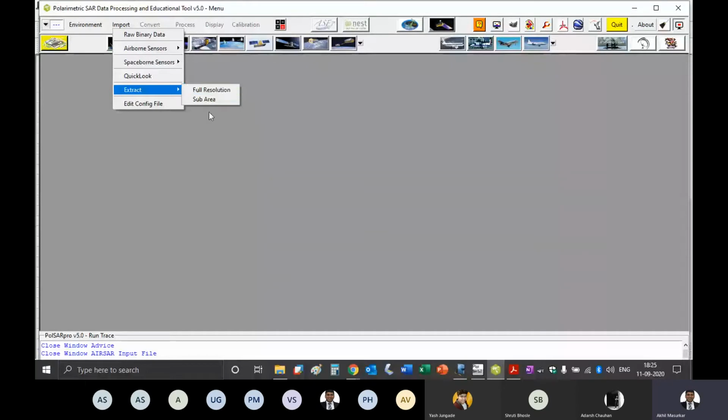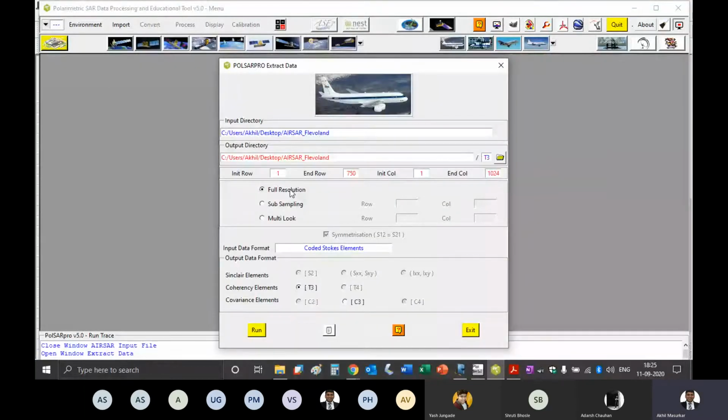So we will do a full resolution, and here you also take full resolution. Here there is no need to multi-look because if you multi-look, then your rows will become very small. So don't do multi-looking, do full resolution. Then we'll go to T3. See to it that T3 is selected here, and then finally say run.